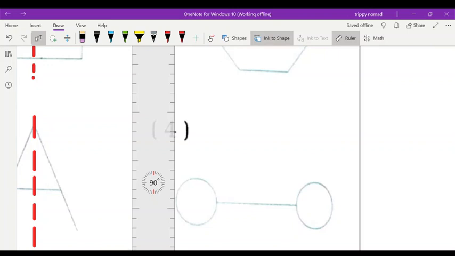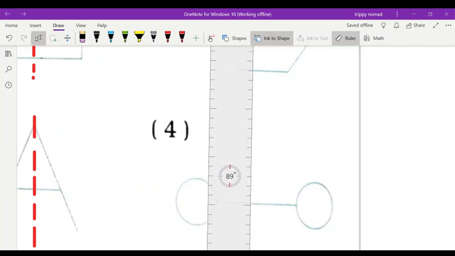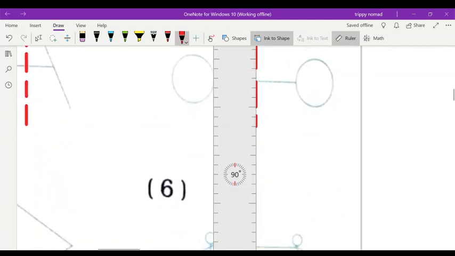In both ways you can divide, like this also, by drawing a half part, and in both ways you can do it, vertical as well as horizontal. Which one is more comfortable? If a figure becomes symmetrical by a horizontal line, you have to draw a horizontal line. If a figure becomes symmetrical by a vertical line, then you have to draw a vertical line. So you have to complete question numbers 6, 7 and 8.